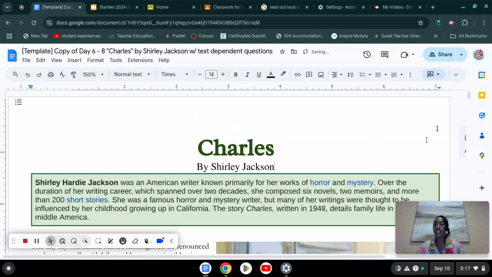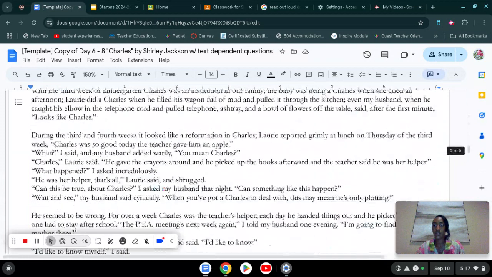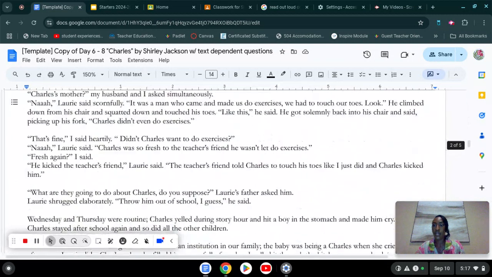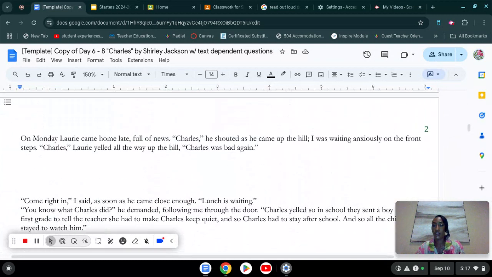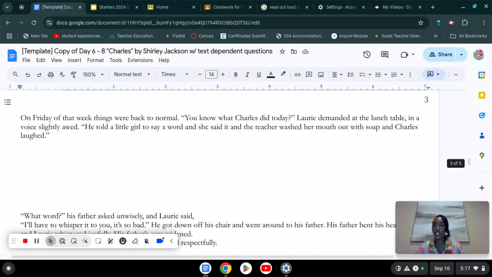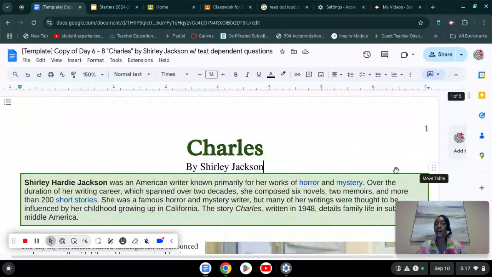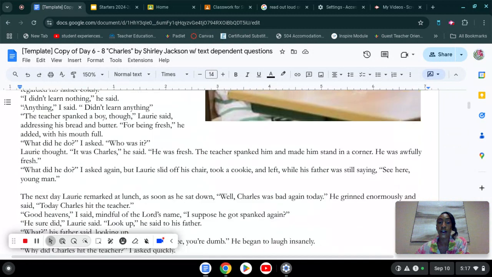All right, so I added some page numbers for you. So there's page 1, and then when we scroll down, we have page, there you are, page 2, and then page 3. So wherever you're getting your quotes from, you're going to make sure that you have the author's last name and our page number. So I'll remind you once we get to the questions on how to do that citation. So now that we've identified our title, we have page numbers, and we have an author's last name, we already know our citation. We're going to go ahead and scroll down to the bottom,